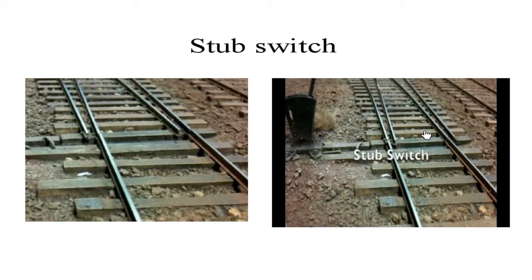Now, even if the fixed rail and the moving rail were made at the same level, what happens? Wear and tear can happen because of the continuous movement of trains on the track, and there is a possibility that there can be a mismatch of level. Then what will happen? Then huge accidents can also happen. So once the tongue rail concept came into the picture, this type of switch was no longer used. They were completely discarded. So this is about the stub switch.